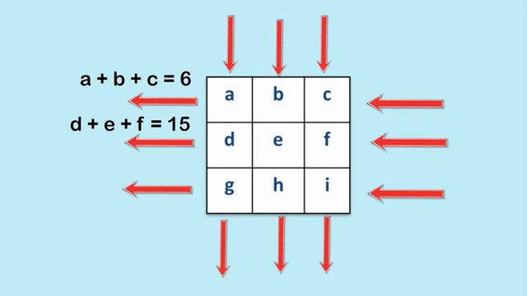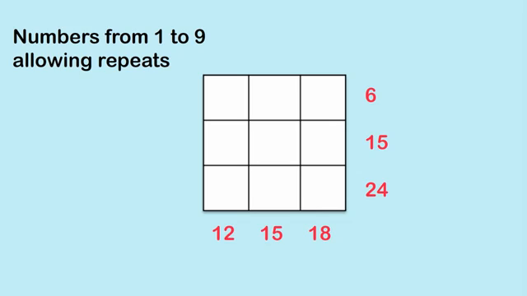So now let's imagine that we shine in 3 X-rays horizontally and 3 vertically. So you can see the second horizontal gives us an equation with D, E and F. And this has now become essentially a purely mathematical type of problem, a bit like a Sudoku. We know that the total across the first horizontal is 6, then as we go down 15, and then let's just imagine it's 24, and the vertical totals are 12, 15 and 18, and our task is to fill this